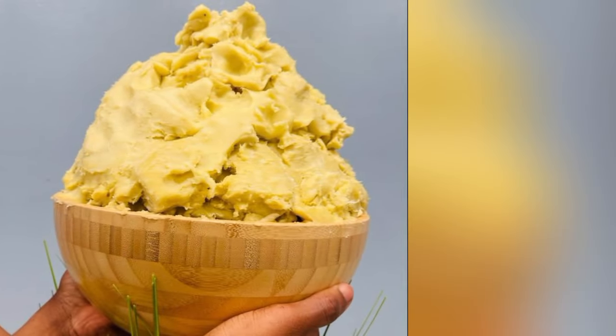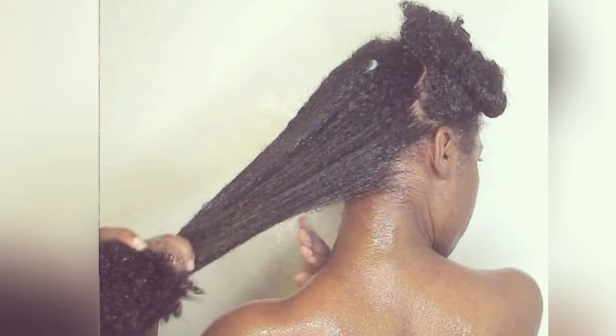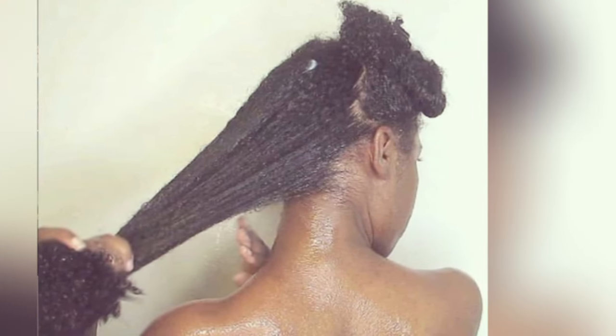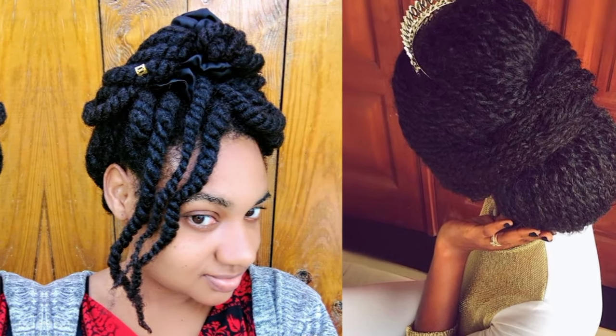Shea butter is not just any butter. It's one of those butters that provides slip to your hair, making it significantly more manageable. But that's not all. Because shea butter is a really thick and rich butter that coats the hair well and has good protective properties, shea butter is amazing to twist your hair with and add to your ends for protection against breakage and heat damage from both the sun